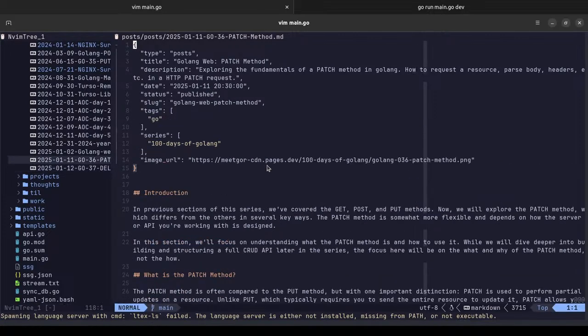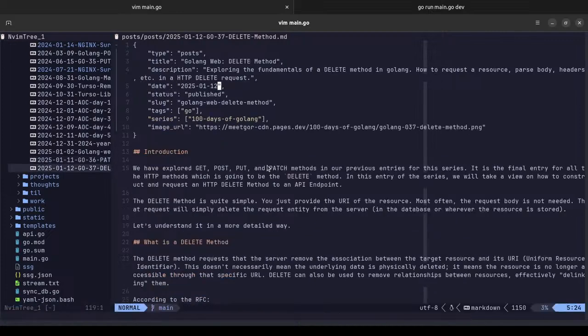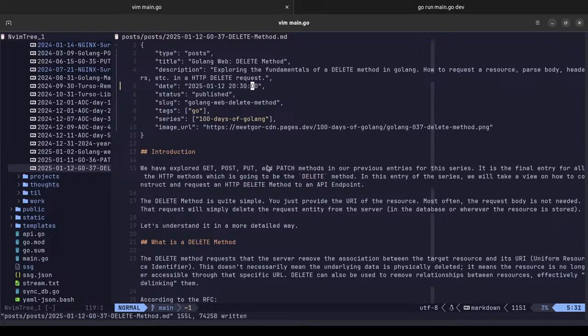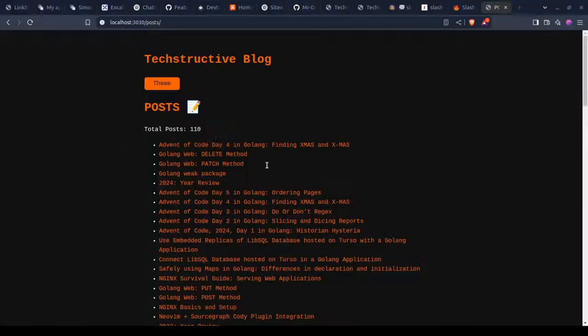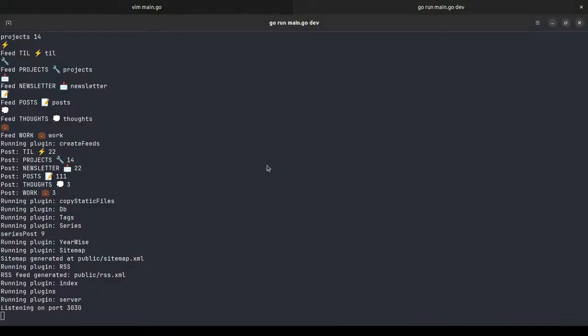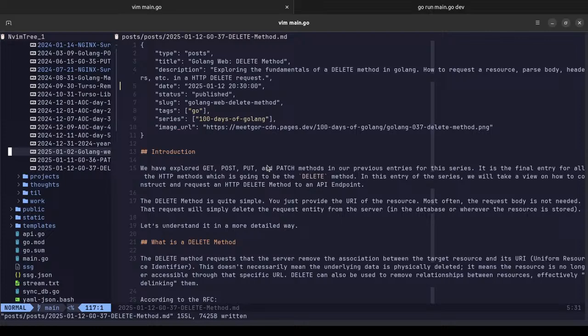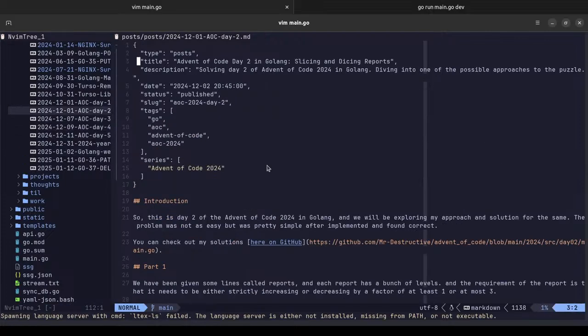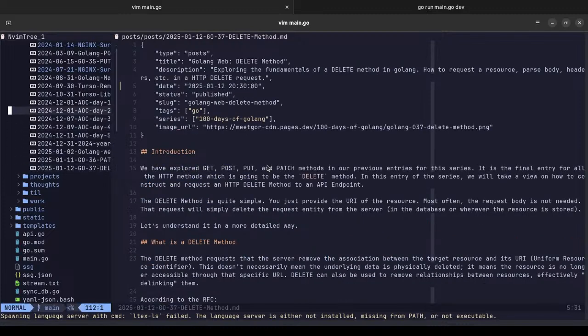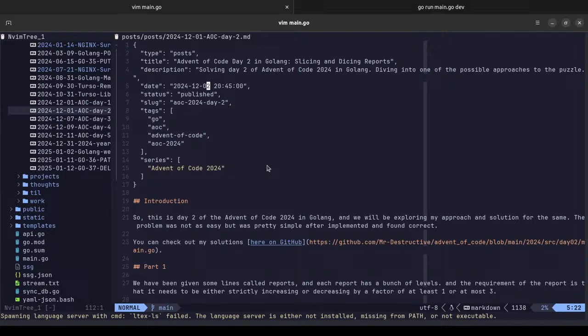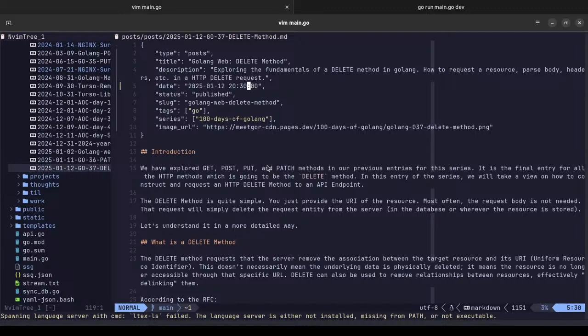So it is an issue with, I suppose, the delete method. Yeah, it doesn't have the time in it. Let's rerun that. That should be good enough. Advent of Code day 2. It does have the time, but there is still